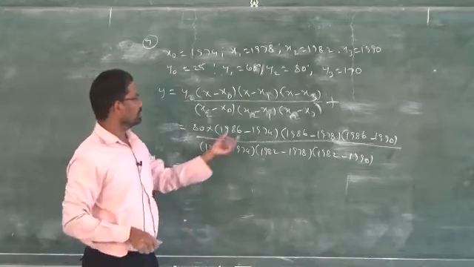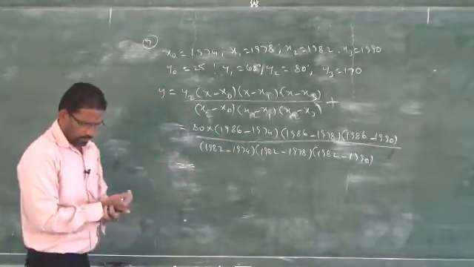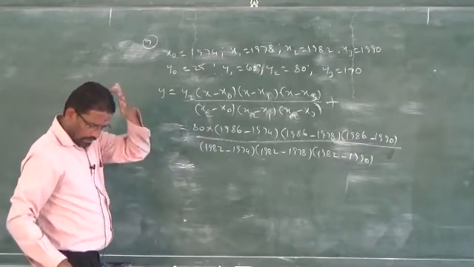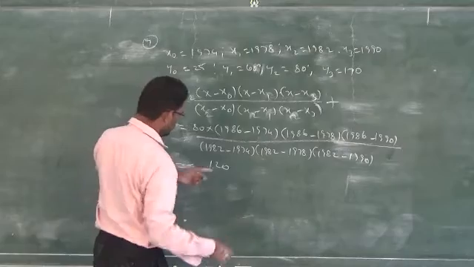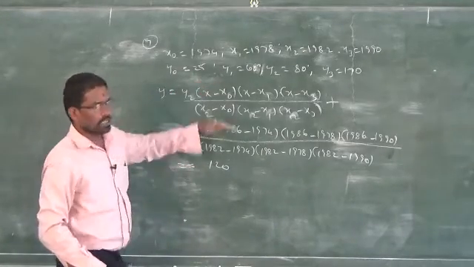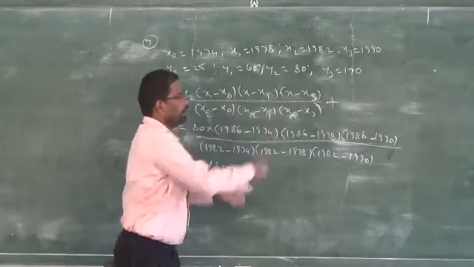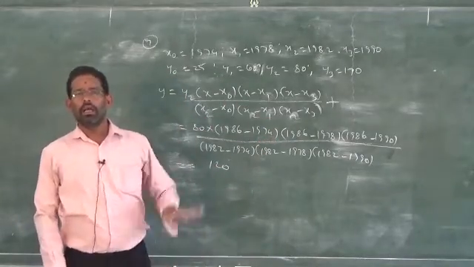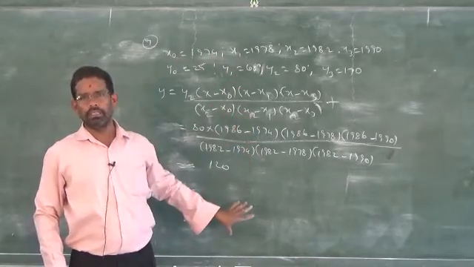So again you have to simplify. Normal simplification. First you have to simplify inside the bracket. Surely you will get a negative sign. You simplify, and you will get the answer as plus 120. So after simplifying this, you will get 120. Clear? I wrote the formula already. After that, you have to take part by part and do it. If you start with part by part and proceed, they will give marks.